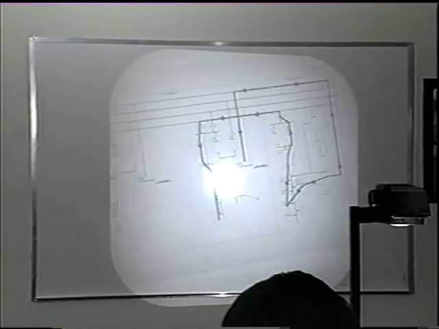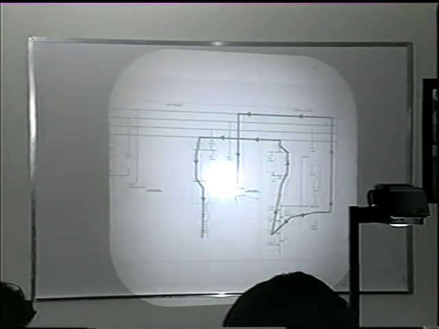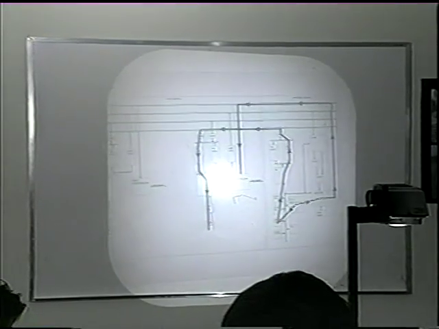We also have another diagram here that shows how a packet moves around the switch if it has to go